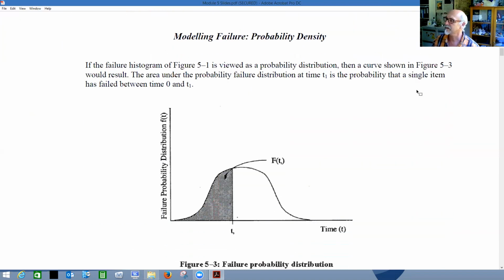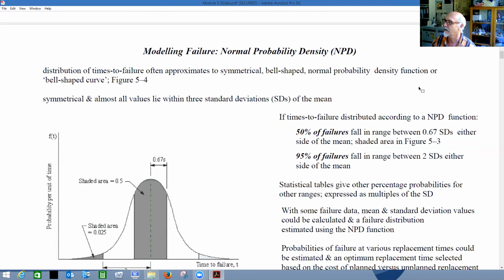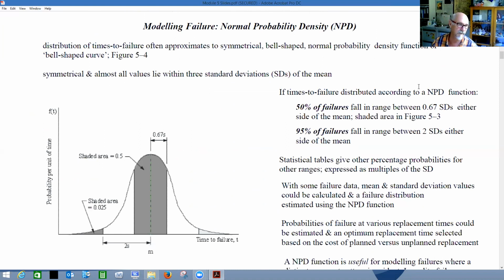There's a whole range of different probability densities. We can have this type of one here. This is a normal distribution fail probability. We can go about analyzing that, and as you might imagine, since we're fitting things to models, the mathematical model already has a range of characteristics. So for a normal distribution, as you see here,